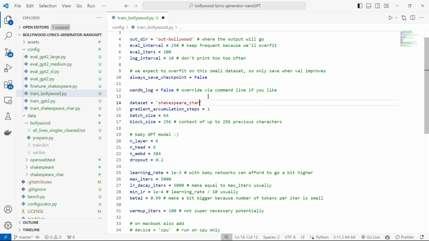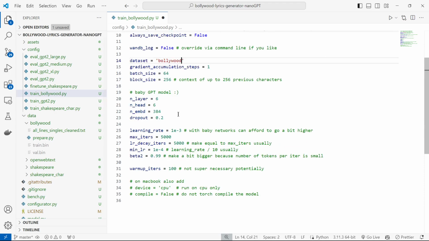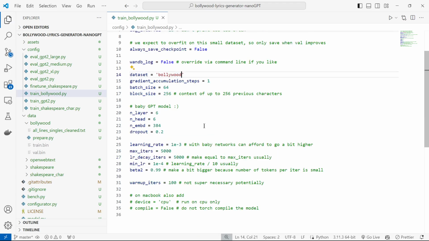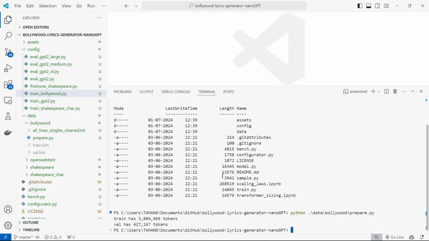And the data set is where we give the name of the folder, which is the Bollywood. Inside the data we have the Bollywood, so it's going to find it there. And all the other matrices, I don't think we need to change anymore. So let us now run the